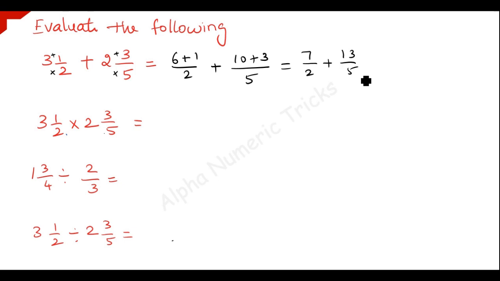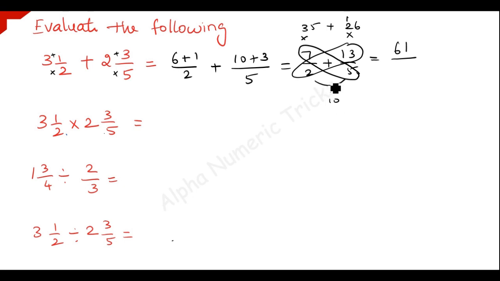Here how you can do it, you just cross multiply these two terms. That is the butterfly method, we have to use it. So when you're multiplying this, 7 times 5 is 35, and 2 times 13 is 26, and add these two numbers and write it in the numerator. So 5 plus 6 is 11, so 1 is carried forward, and 2 plus 1 is 3, 3 plus 3 is 6, over you have to multiply these two terms and then write